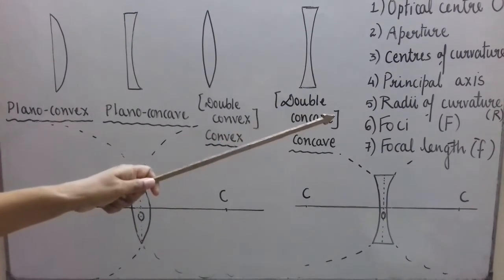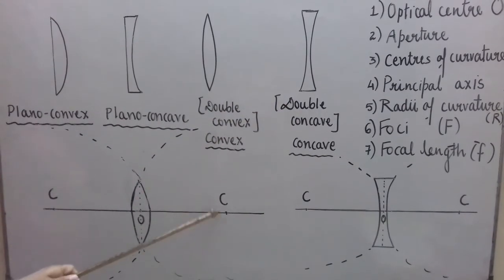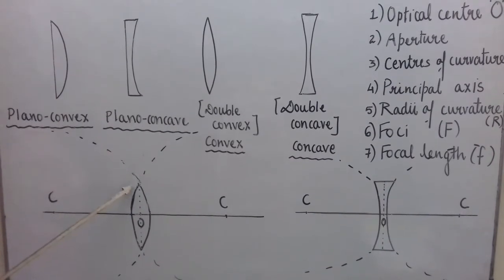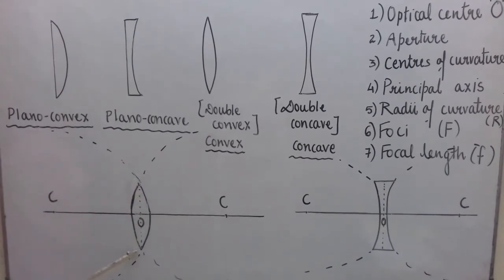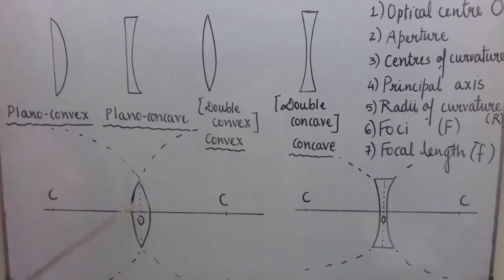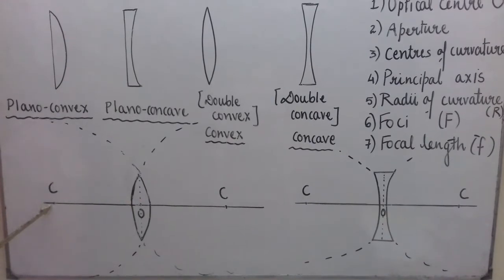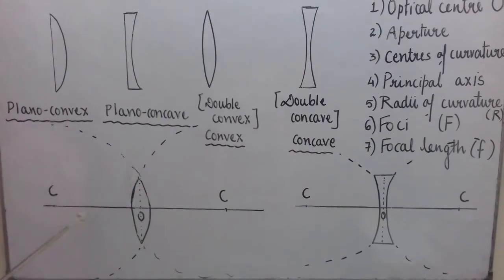Now, radii of curvature. Radii is the plural form of radius. If a lens has two centers of curvature, then obviously it has two radii of curvature. But for simplicity, we are going to consider that these two centers are equidistant from the optical center. So we are considering these two surfaces as having a similar curve, or we can say they are parts of spheres having the same radius. So the radius of the sphere of which these two surfaces form a part are called its radii of curvature.